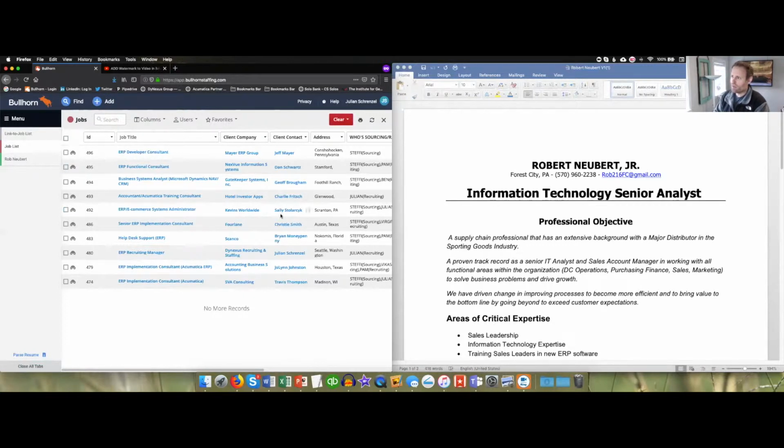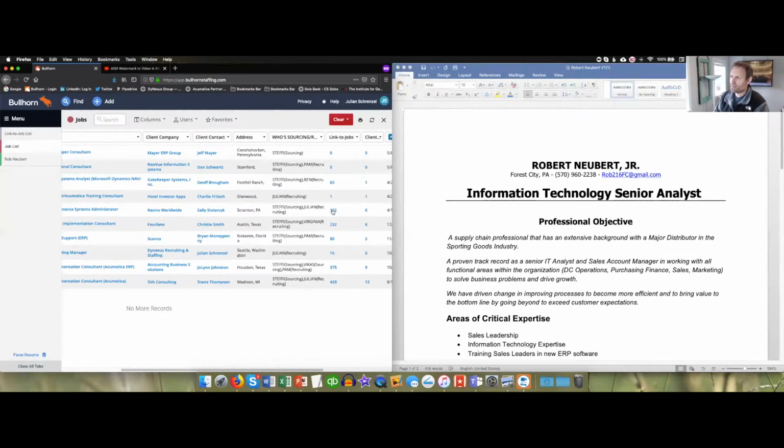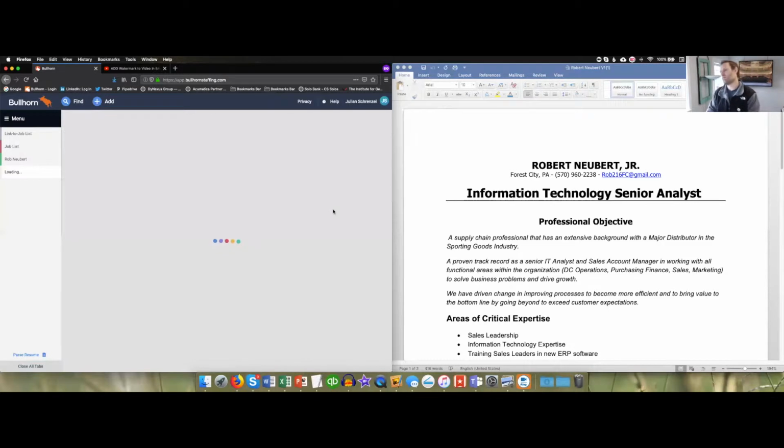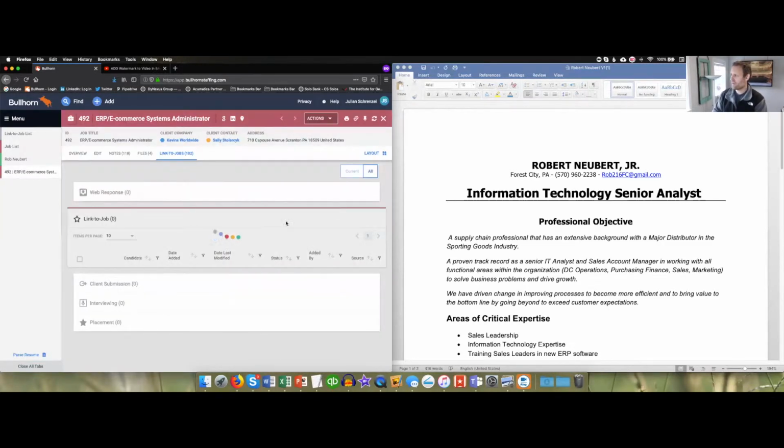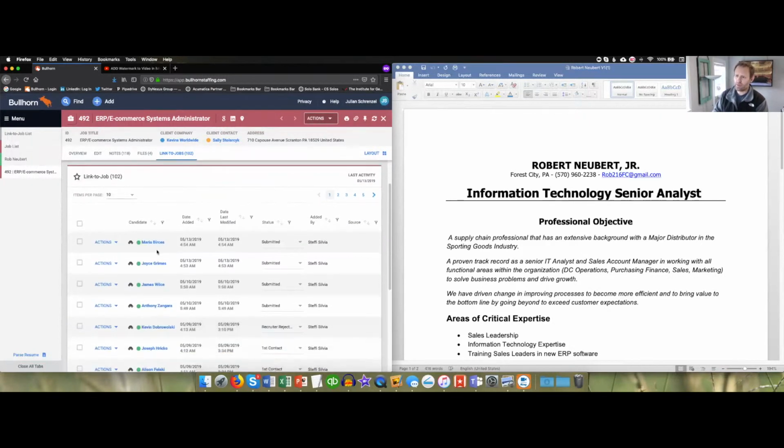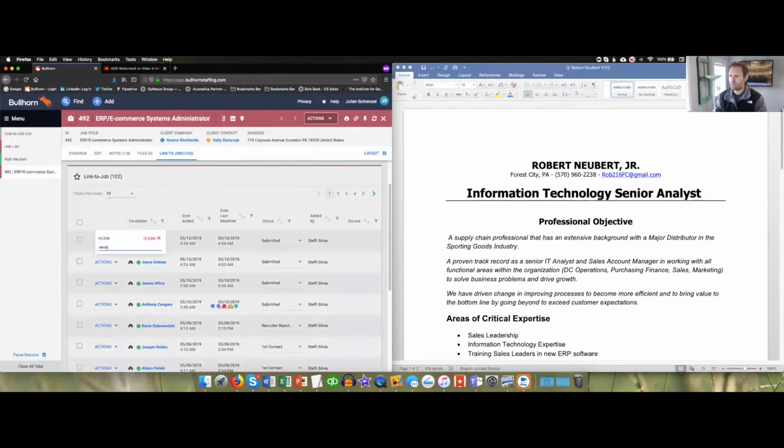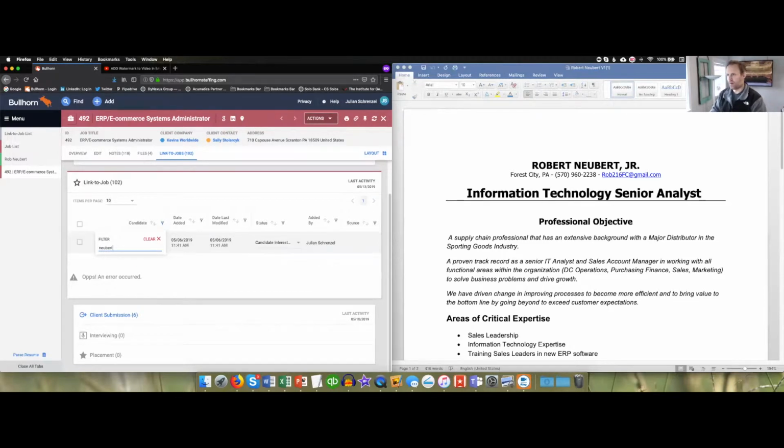So I'm gonna move over here and I'm gonna hit the link to jobs. This number 102 here opens up 102 candidates that are linked to this job. And from here, I gotta find Robert Newbert Jr. So I'm going to start by letting it populate. I'm going to do a little filter search on the candidate, and I'm going to put in his last name, N-E-U-B-E-R-T, and it's going to think for a minute, and it's going to find Robert Newbert, which is right behind